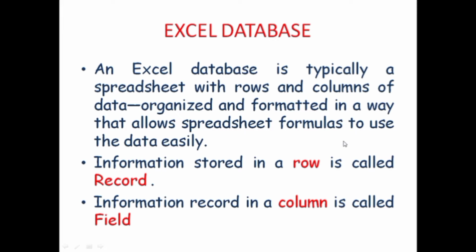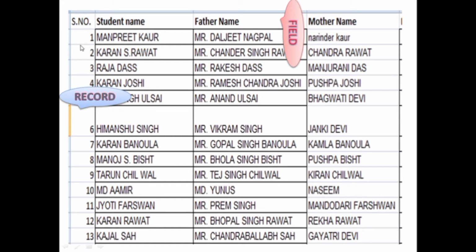A record helps to show the complete information about a single object or item, while a field shows the individual category of information for all the records in a database. So suppose let me take an example of this here. It is showing a spreadsheet of data that contains different data fields like student name, father name, mother name of the student and serial number. Here the data stored in these fields are called the records. So these are the records of the students, and serial number, student name and mother name are the fields.